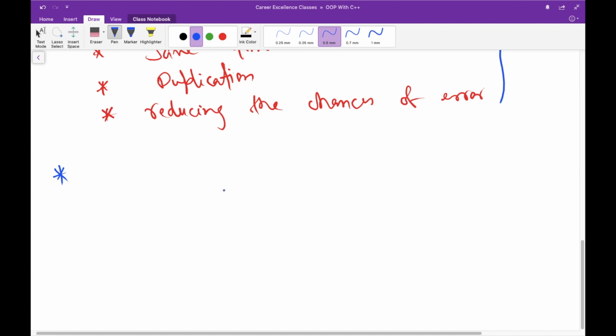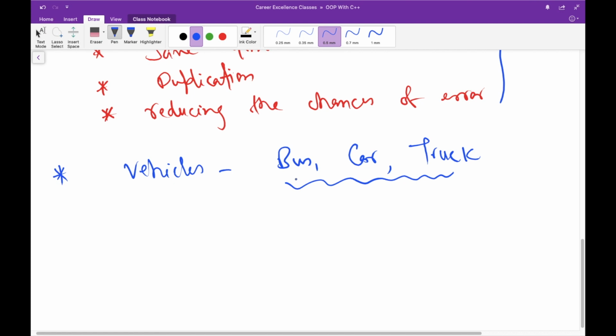Okay, consider a group of vehicles: bus, car, and truck. Think in this way that we are implementing all these things using classes, and the names of the classes are bus, car, and truck itself, right? And then these classes have some methods which are exactly the same in all the classes.